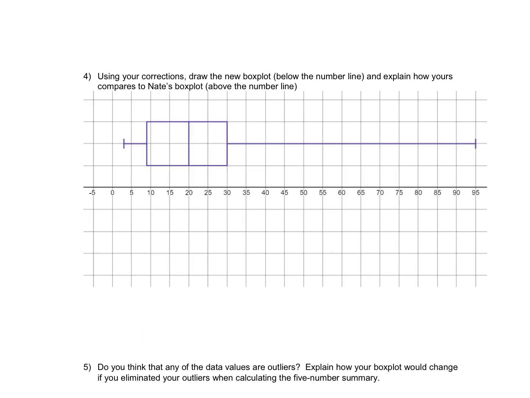So when I look at number 4 here, it looks like he already put the Q1 in the right place on our box plot. So his box plot should have been at the 11. This should have been what he had actually. And so our correction to what he had, so this is Nate, our correction is what he had there originally actually. So our minimum value was at that 3 and our maximum value was 95, and our Q1 was sitting